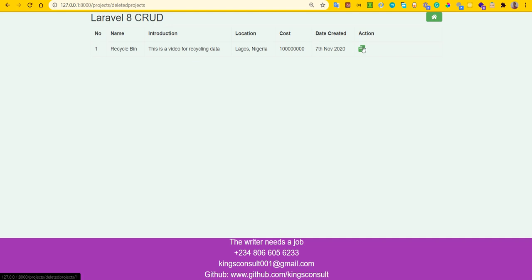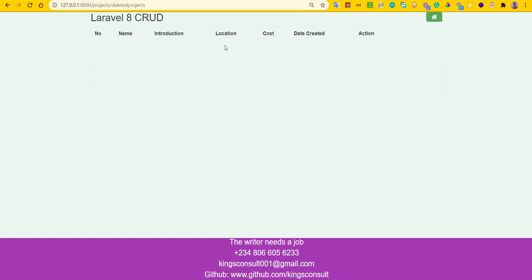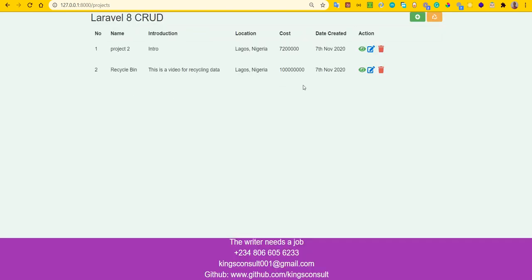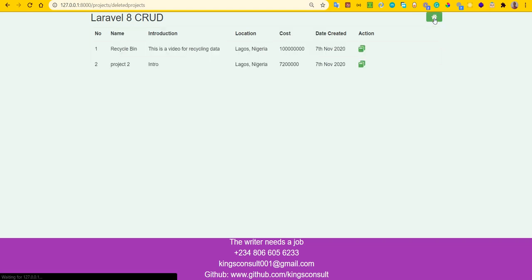Okay, now we have this will restore. Do you understand? This will restore. So let's see if it works. By the time we click on it, it's out from that place. So it's no longer here. That means everything works well. It has been restored back. So we can choose to delete this too, knowing that everything will still be there. We have deleted it from the index. So by the time we go to our deleted projects, it's going to be there.